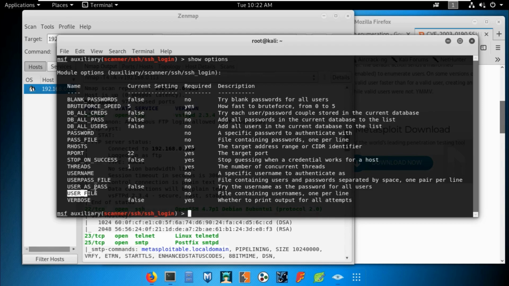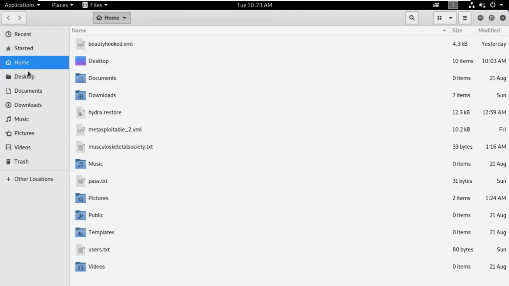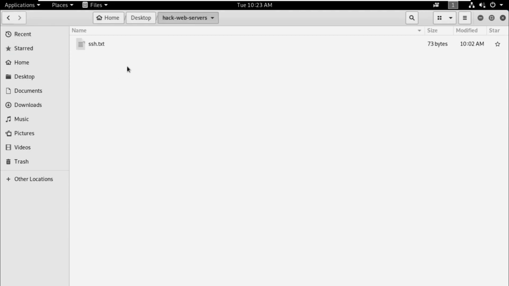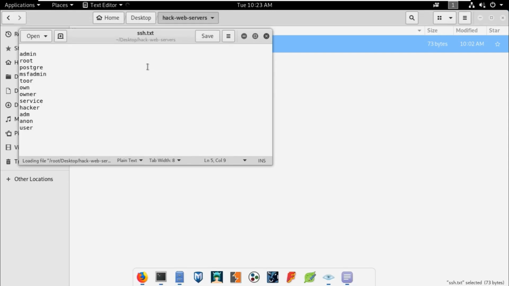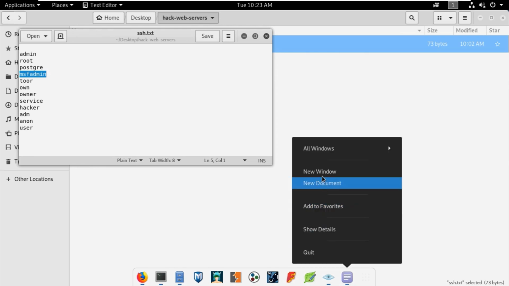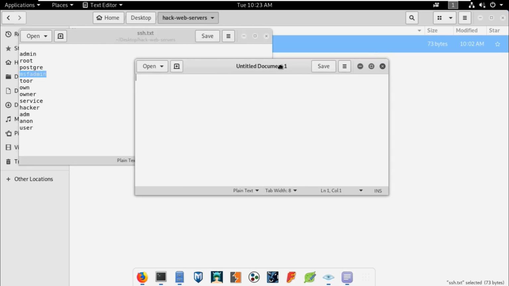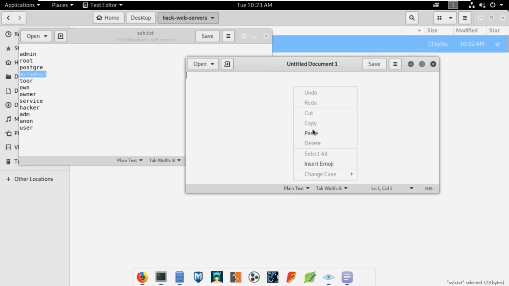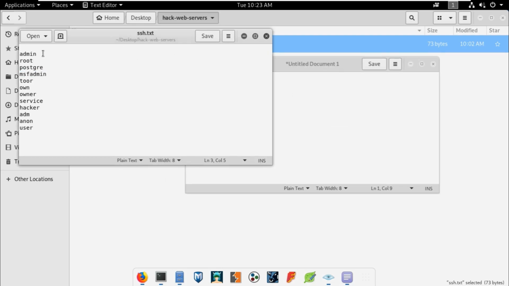Now we are just going to use a user file. Let me copy this one. Where's the hack web servers folder? I mostly don't use notepads like this one, I just use Nano or Vim. They are just amazing.